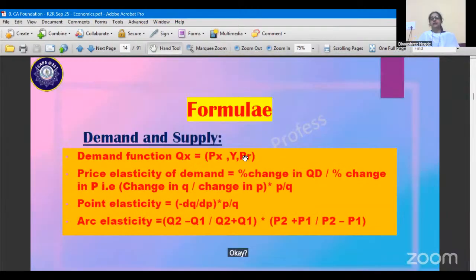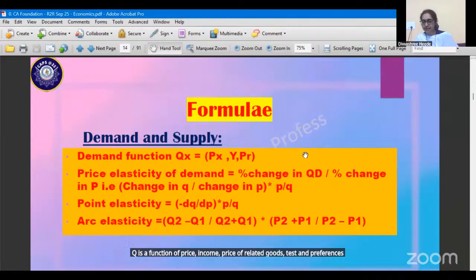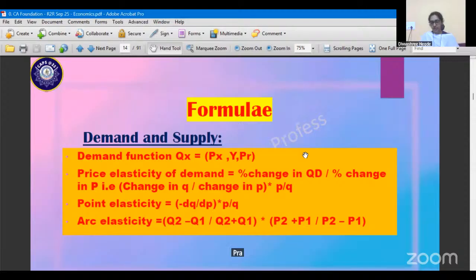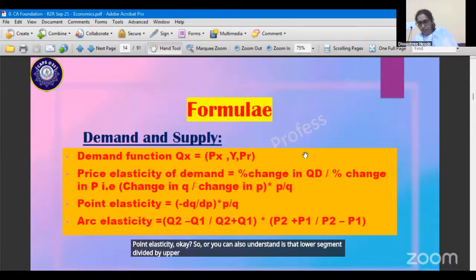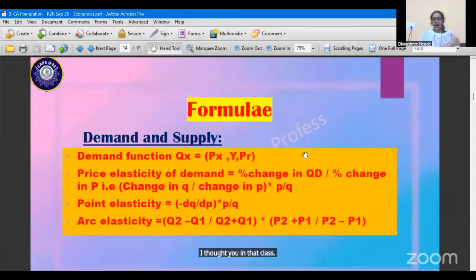Now some important formulas. Just go through it, relax, you know it. Demand function: Q is a function of price, income, price of related goods, tastes and preferences, advertisement, etc. Price elasticity of demand: delta Q divided by delta P into P by Q. Point elasticity: you can also understand it as lower segment divided by upper segment, as I taught you in the class. Arc elasticity,